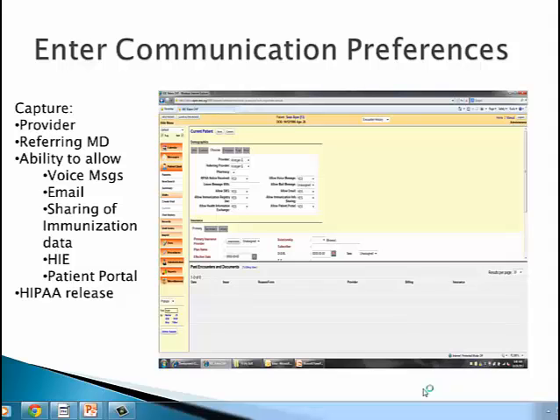And continuing on the demographic screen, as I mentioned, one of the tabs is the communication preferences. This is very important. It's important to be able to communicate with the physician, with the patient. So here we capture the provider. We also capture the referring provider. Often we need to send information back to the referring provider. And we want to be able to capture the